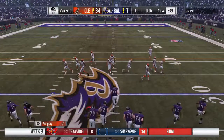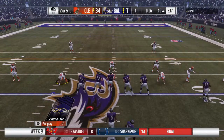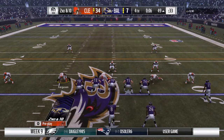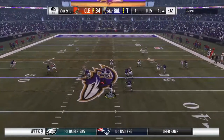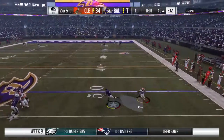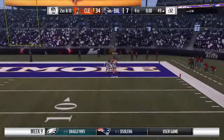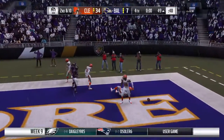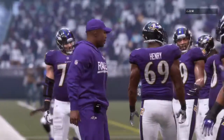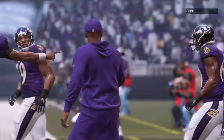After the incomplete pass, here now is 2nd and 10. Jackson now to throw again. Escaping the pressure right. He's going to let it fly. And that will be incomplete. They were going for a consolation TD, but it was not to be. And time is